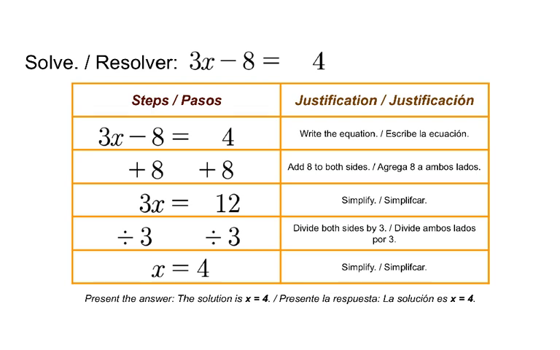So here we want to solve 3x minus 8 equals 4. So notice that we have two operators. We have multiplication with the 3 and the x, and then we also have a subtraction here with this negative 8. So we want to first begin solving by writing that equation down, and then we want to get this term that has our variable by itself. So then that means we need to undo this negative 8, and the way you do that is using its